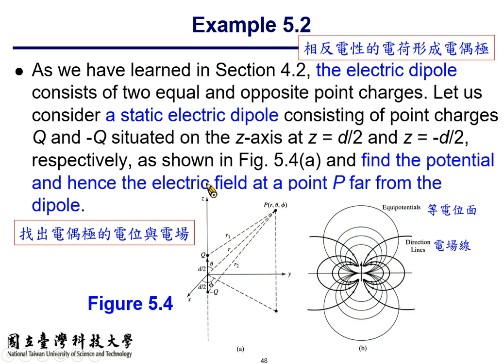Which one should build up the more significant electrical field? 你觉得电偶极矩所建立起来的电场分布会比较大、比较明显、比较重要，还是单独的电荷建立起来会比较大？那我们看，好，我们看看结果怎样。